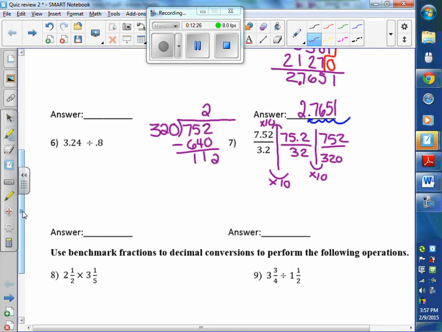So your choices are to put a decimal and a 0. Is that what you did? Yeah. Well, I didn't do 320. I just did 32. Okay, but you still would have gotten a 2. Yeah, I still got a 2. Still have all the same numbers. Yeah, and then 32 goes into